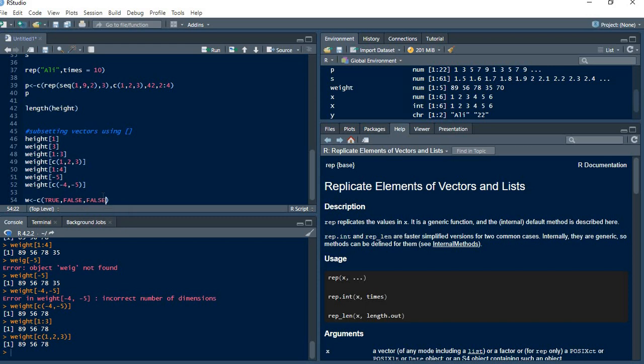Is false. The fourth one is true. By the way, you can just write T and F, R understands, and the last one is also true. So those are the 5, and I run that